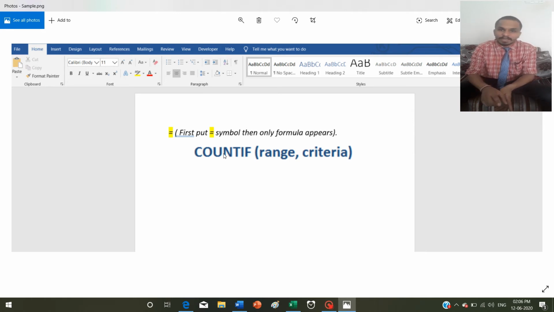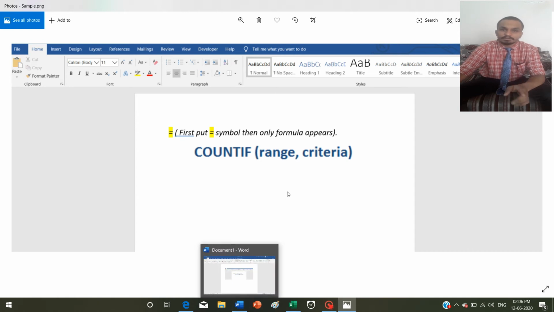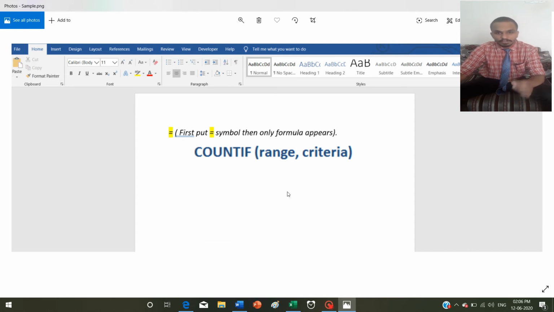So I will know their marital status responses. The basic rule is that you first have to put an equal sign, and only then will the formula appear. Without the equal sign, the formula will not appear or will not work in this spreadsheet.